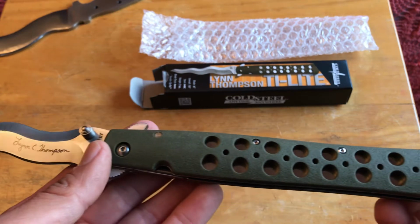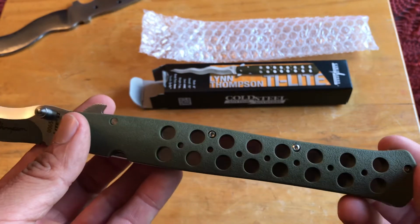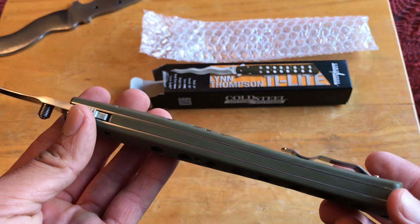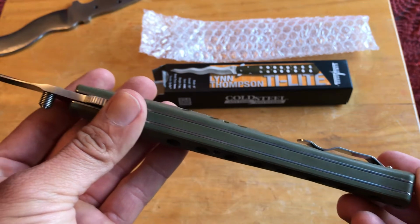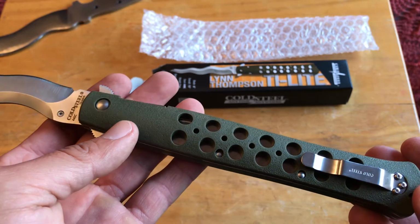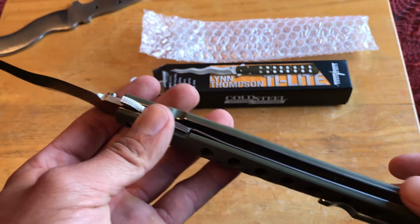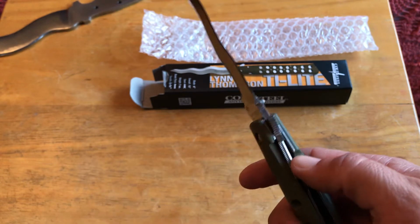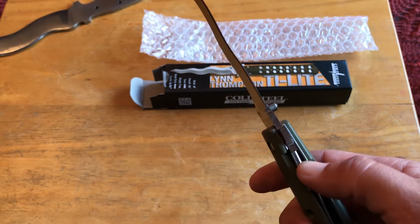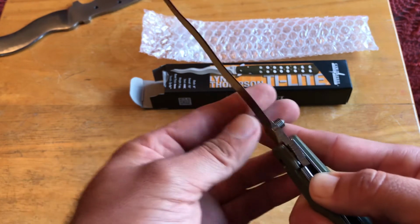Here's the handle. So it's like a military green. It has steel liners. You see them there, and then steel liners here too. The same ones in the front. If you ever handled or if you own a Ti Lite, same setup. Same thing. It's a liner lock,